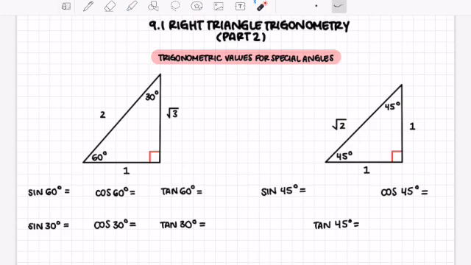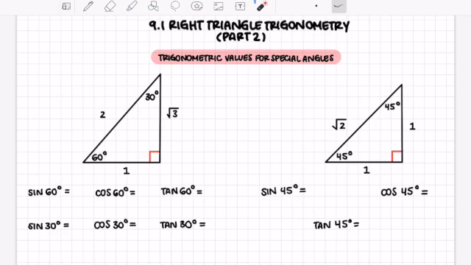One of them is the 30, 60, 90 degree right triangle, where one angle is 30 degrees, another is 60 degrees, and the last one is 90 degrees. The other common one is the 45, 45, 90 degree triangle, which is 45 on one side, 45 on another, and the last angle is 90 degrees. The reason why it's so common is because we can identify the ratio, which will later help us with